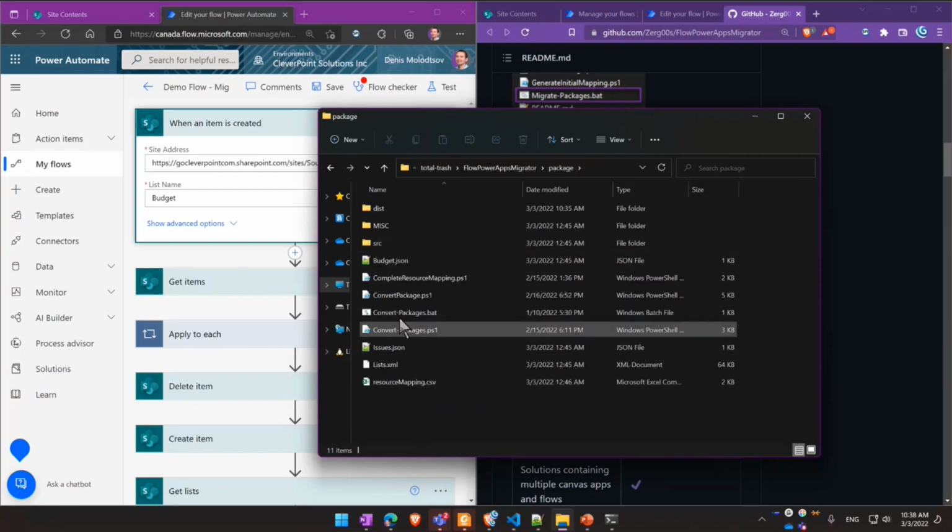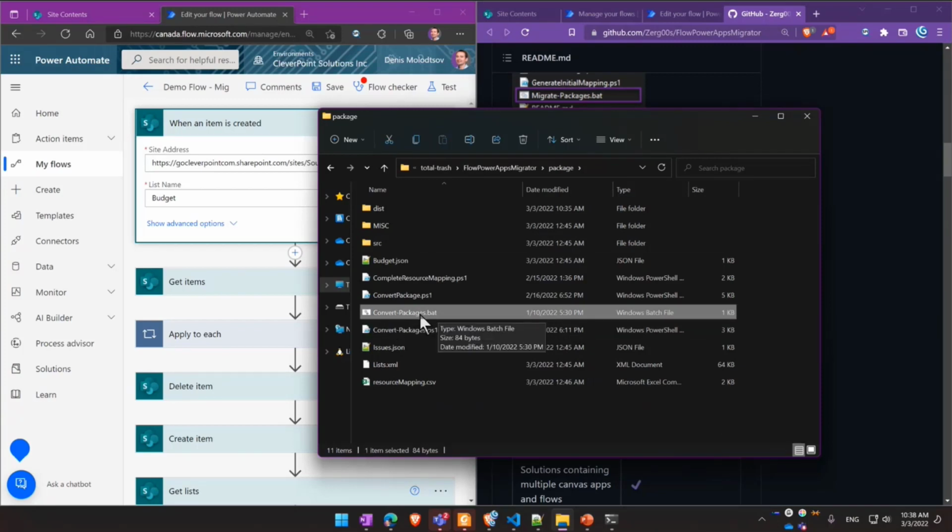The client on their side simply needs to click the convert packages batch script, and that will complete the installation on their part, which is very useful. That actually could probably be done for something like the CoE starter kit, which is not that easy to deploy.